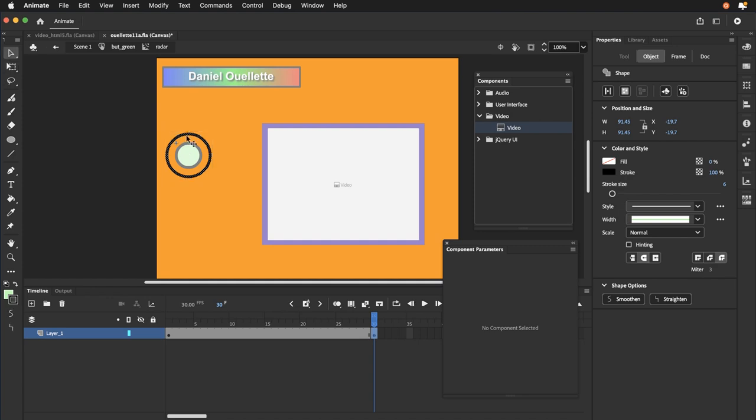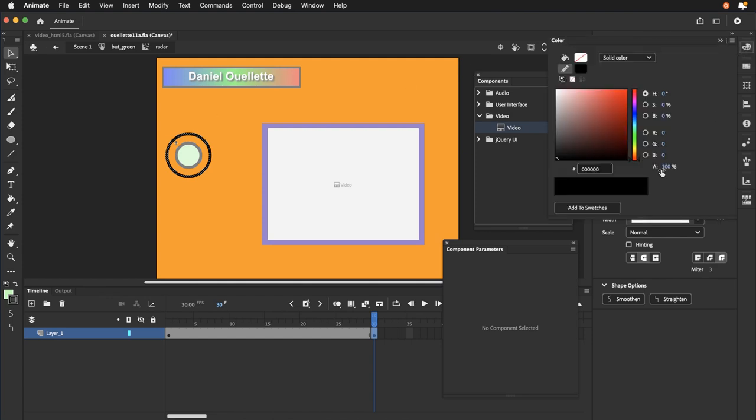With it still selected, I'm going to turn that color opacity down to 0. And I do that again through the color panel under the A for alpha. It has to be selected for this to work. Drag that down to 0, and all I have to do now is put a shape tween on that first